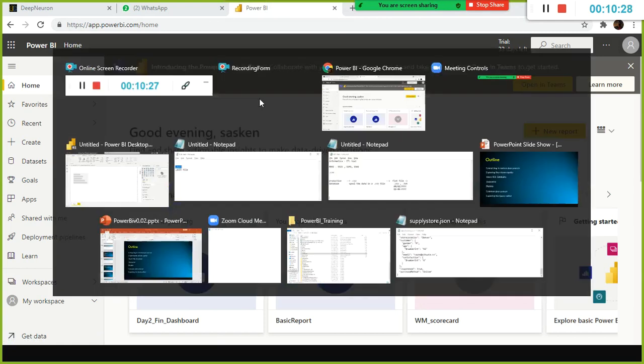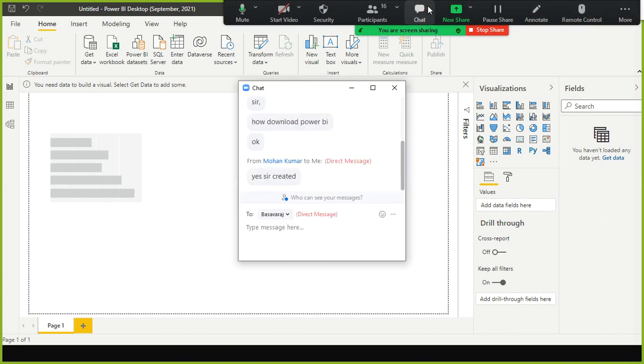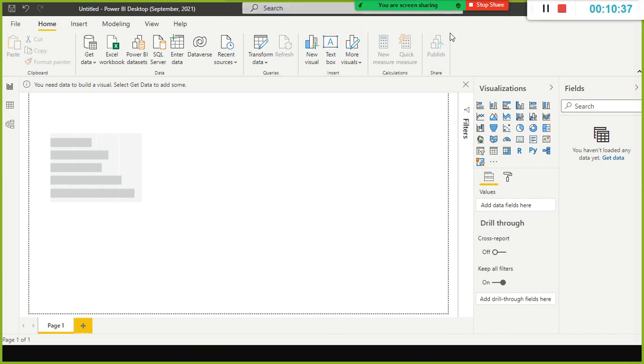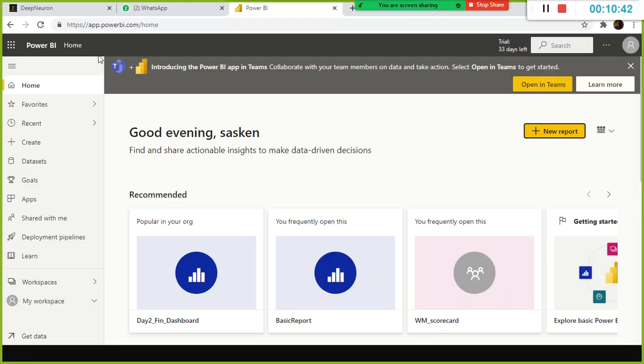If I develop any report or dashboard on my desktop, you have an option called publish. When you click publish, the report or dashboard will get published on cloud. Once it gets published on cloud, you can enable sharing so that the respective stakeholders can view your report across the globe, with the appropriate privileges.